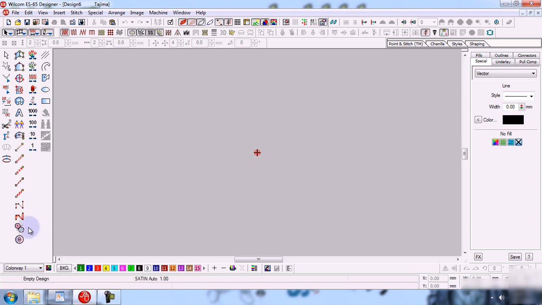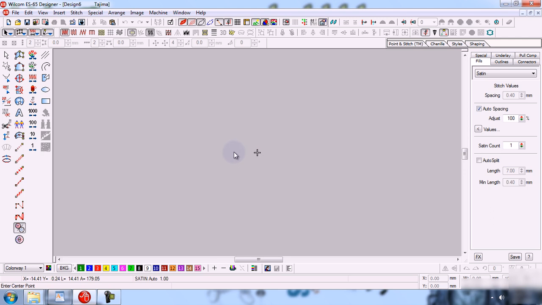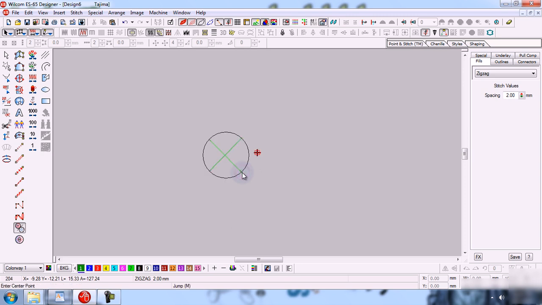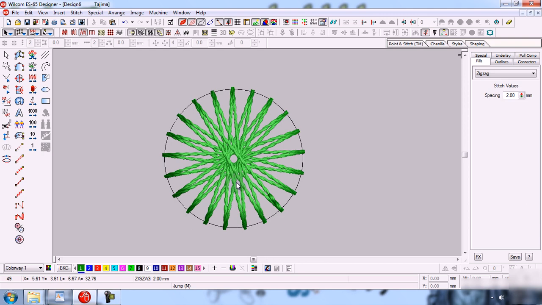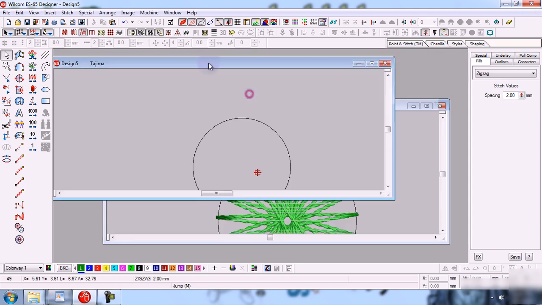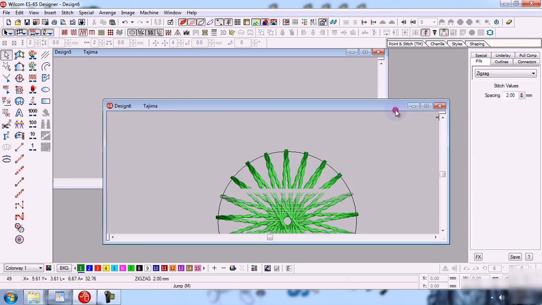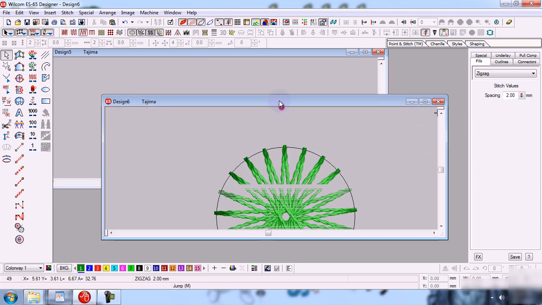For example, here I made a circle. As you can see, these two projects are separate from one another.